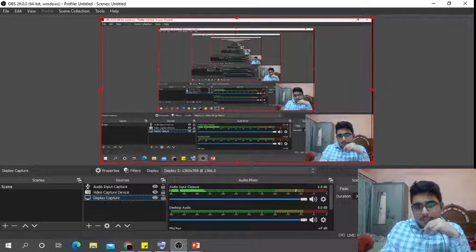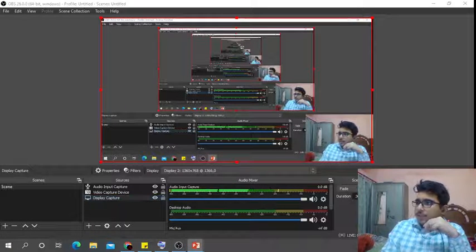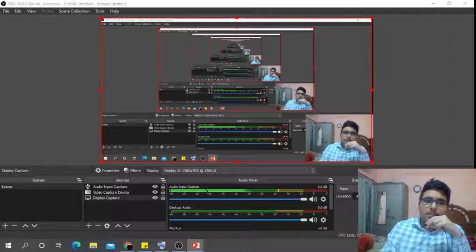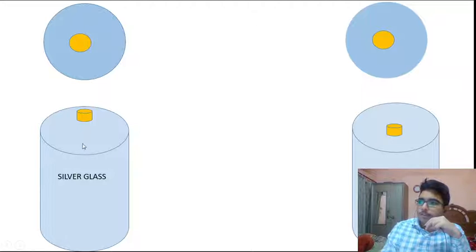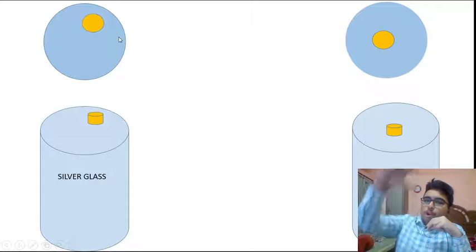Yes, so it's a very nice presentation here. You will understand from this presentation what are we trying to do. It's a silver glass and we have an ordinary glass. Here let's see what happens if we put the cap, if we release the cap right now. This is the 3D motion, and there you have the two-dimensional motion, or from top view.